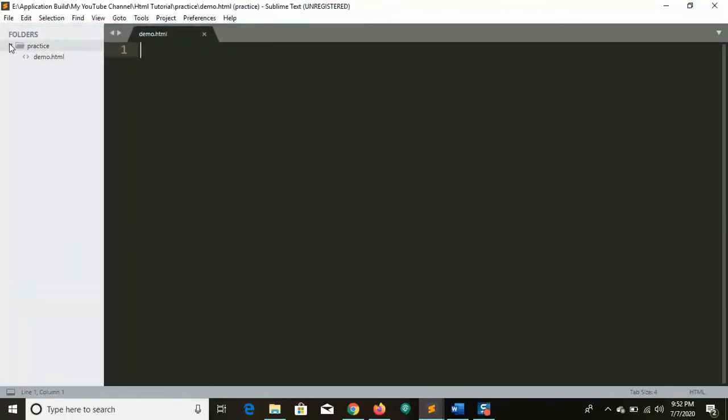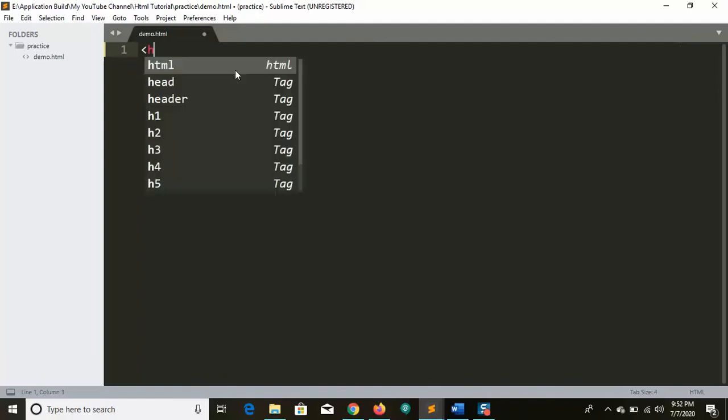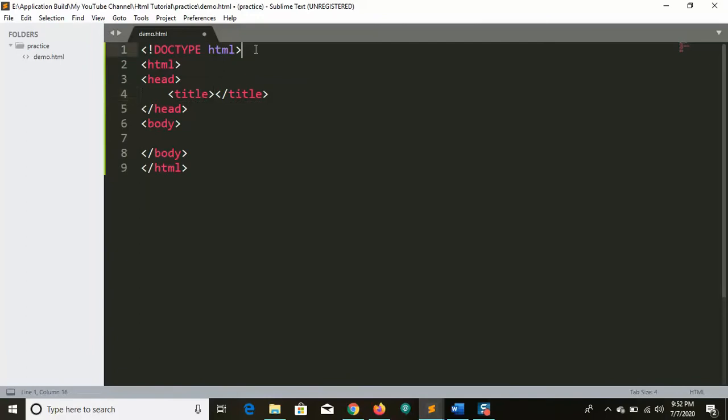So it is an HTML file. You can see it in the folder, and I can collapse and expand. In this Sublime editor, we have a feature like this: I have typed the left angular bracket and h, and it will search for us which I need to take. So I can take the HTML tag. You might wonder, all this code was generated by default. Some advanced editors generate it automatically. Here we have the basic HTML format, how it should be.